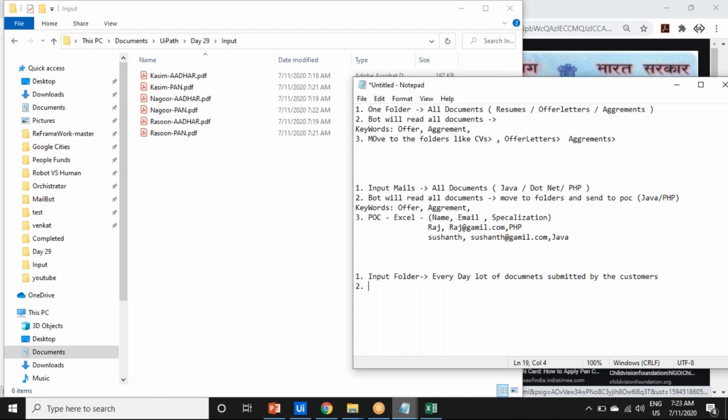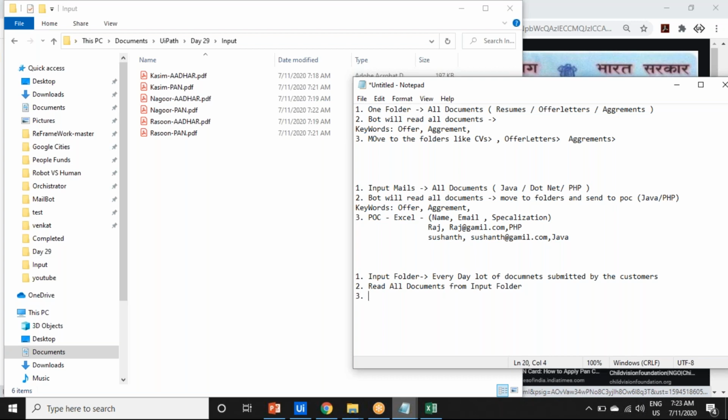Maybe they're applying for a personal loan or something. So what the robot has to do is read all documents from the input folder and